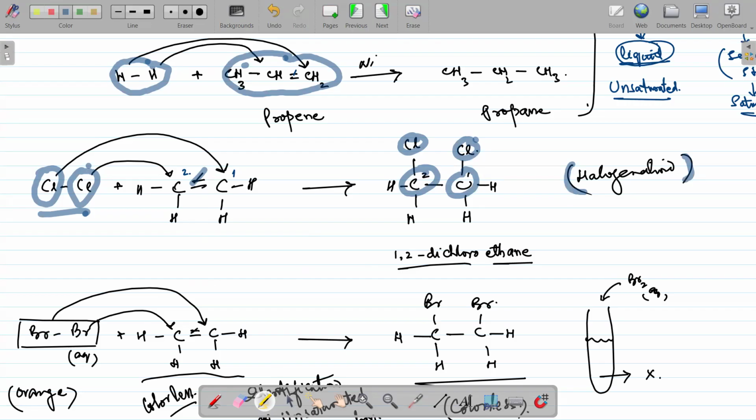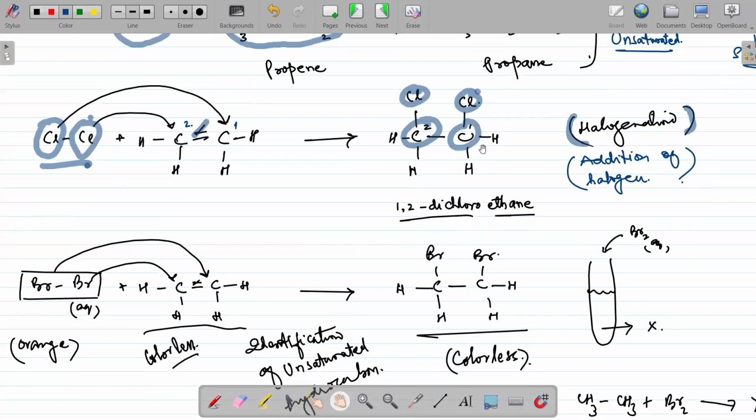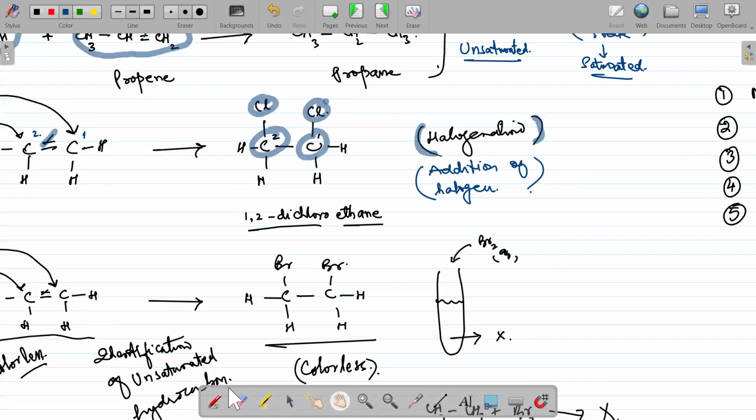Why? Because it is an addition of halogen. Is it clear? So this dichloroethane is just a form of alkane. Yes, it is another class of compounds because they have halogens in it. So they are the members, like this 1,2-dichloroethane, of a new series of compounds which are known as